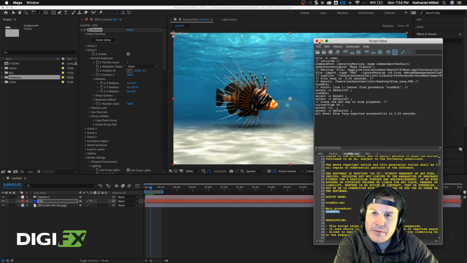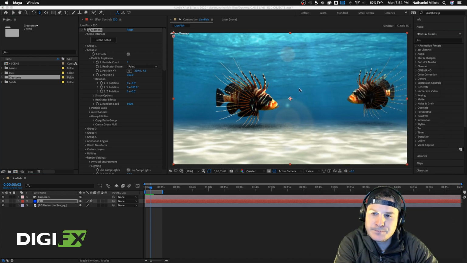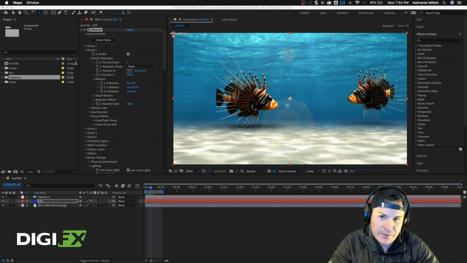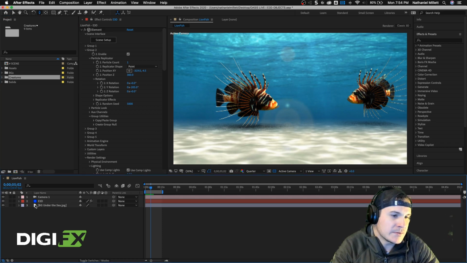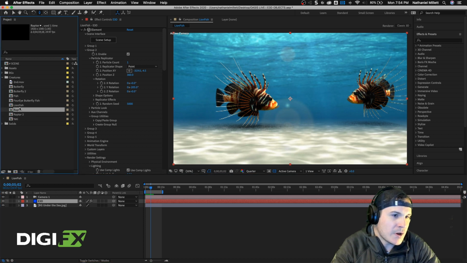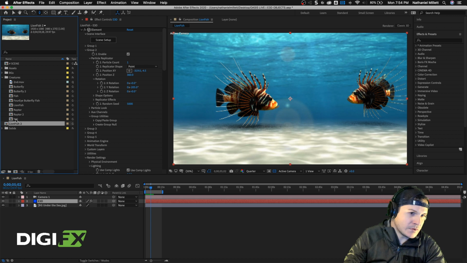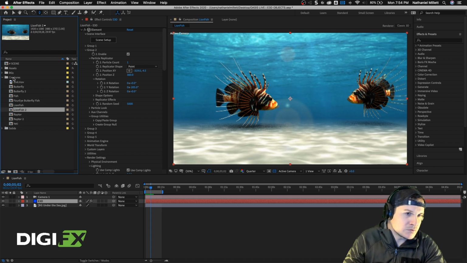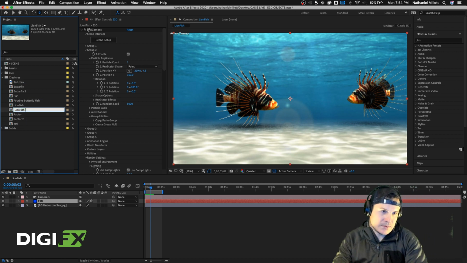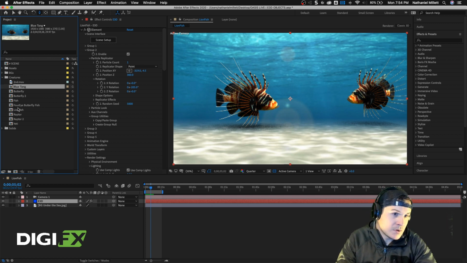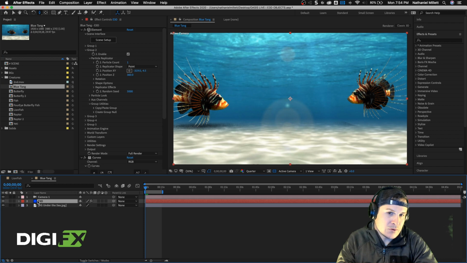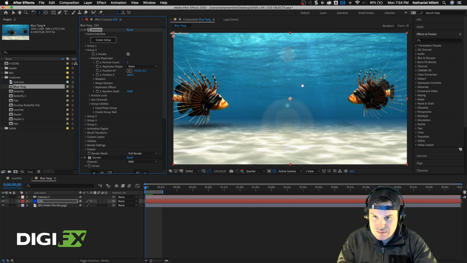now that I have that rendered out, and I know this is working, I'll just save this out, and we will just do what we usually do here, and I will just copy over this lionfish one so I don't have to redo the settings there. And there's not that many settings, to be honest, but it's just easier this way. Blue tang, I'll do that, and then I can go in here, and